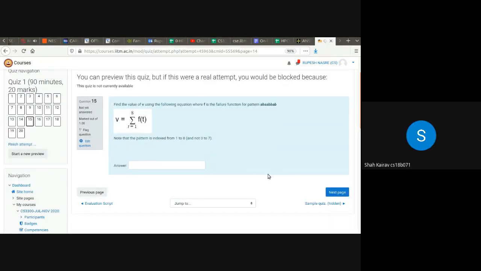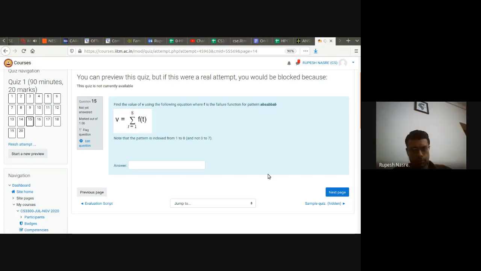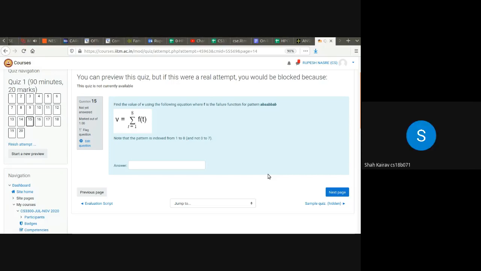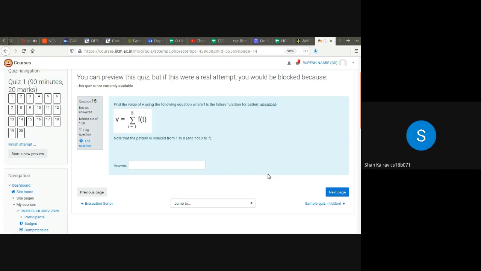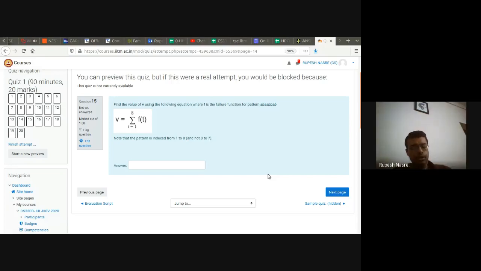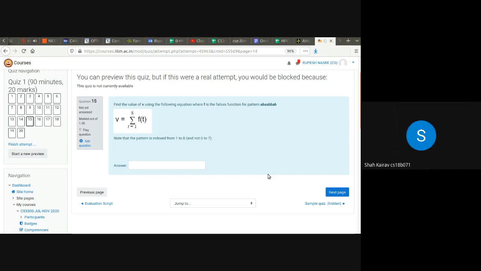Even I got the answer to be 7, like 1122, something like that. But sir, I looked at the slides, and what we have essentially done is that we have set the error correction to s = f(s), right? Because over here it is written that the pattern is indexed from 1 to 8, I added 1 to each of these 7 values, and I got 15. Oh, I see. I was confused between 7 and 15, but because you had written down a note that the pattern is indexed, I wrote 15 and I got it incorrect. So maybe you can provide both the answers as correct.